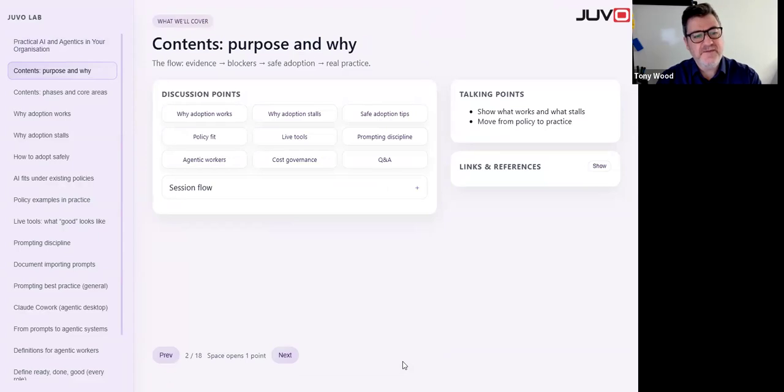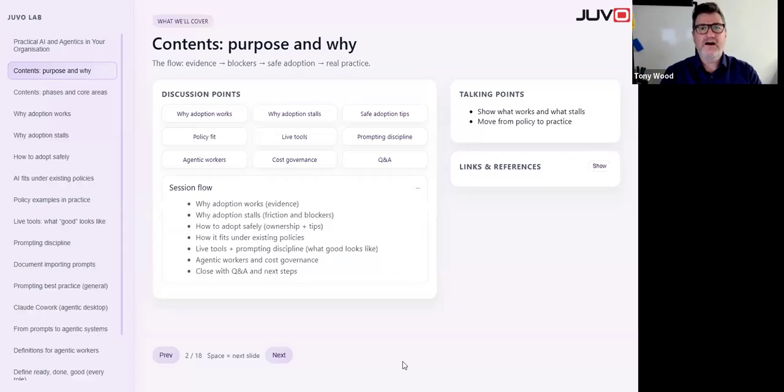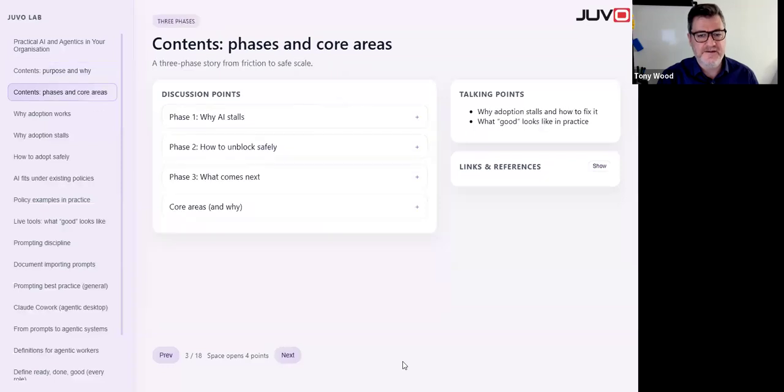So why are we doing this? We're looking at why corporations that roll out AI or proofs of concept stall. Why do they stop working? And what is the difference between consumer AI, like ChatGPT that we use on our desktops, and corporate AI? There's going to be a lag between desktop AI and corporate AI, and we'll go into that as we look forward.